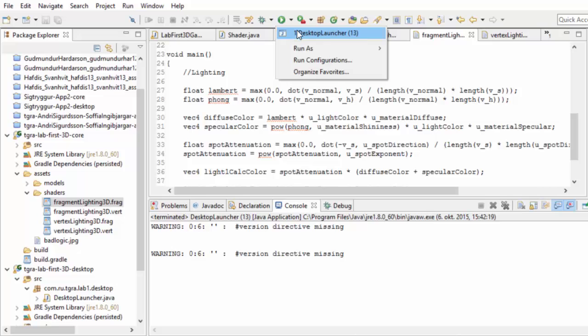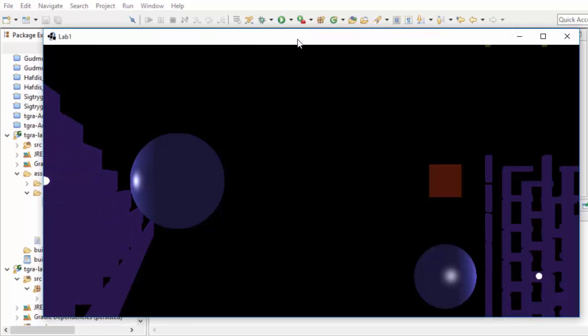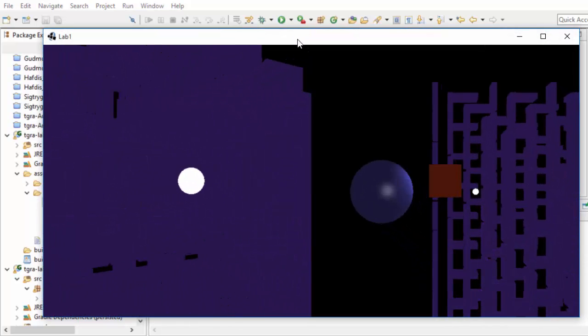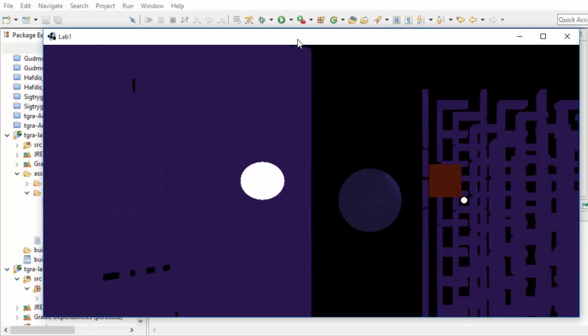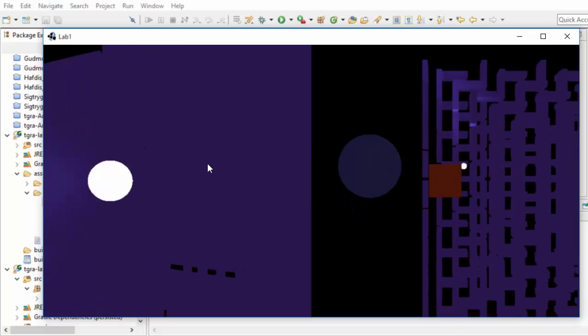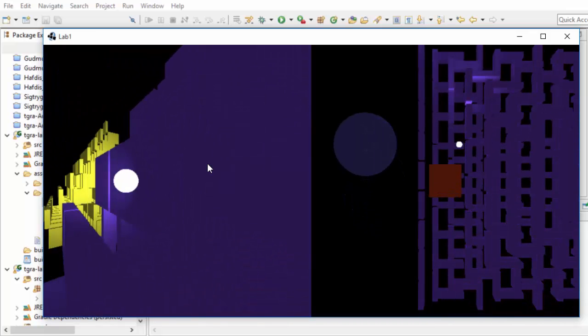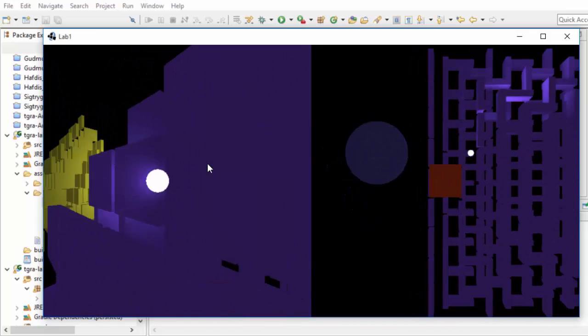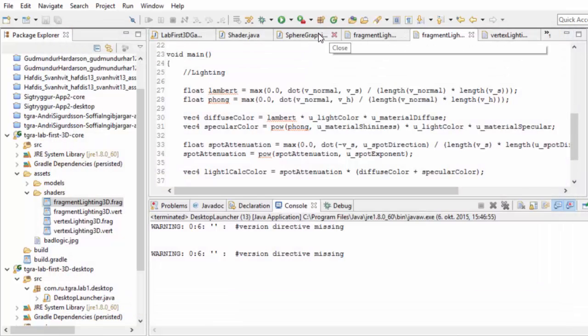So we can look at again what this looks like here, especially here up close. You can see it even on the ones that are really close. We can see the circle of the spotlight. And if you look at it here when it's absolutely right next to it, you can see it as a small circle there, the spotlight. If we go back to the vertex lighting,